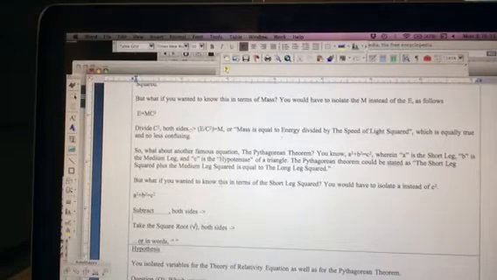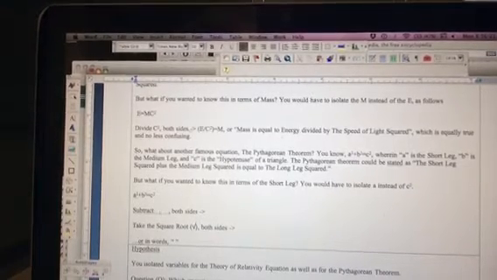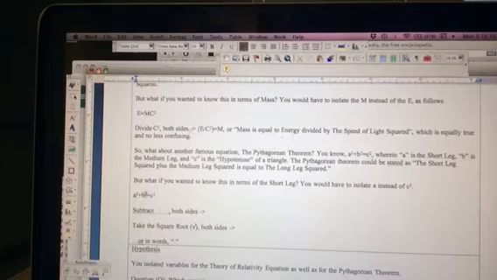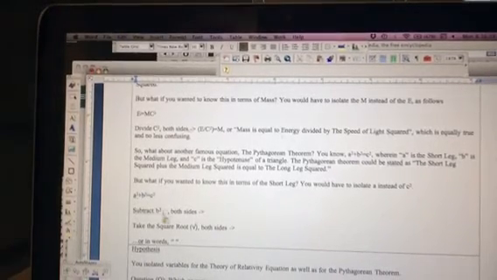But what if we wanted to know this in terms of the short leg? You would have to isolate a instead of c squared. So what we'll do here is we're going to try to get a alone. If we're trying to get a alone, the first thing we're going to do is subtract b squared. The easiest way to get that is to just copy and paste it. We're subtracting b squared from both sides, leaving,